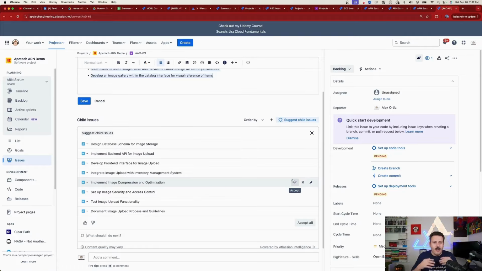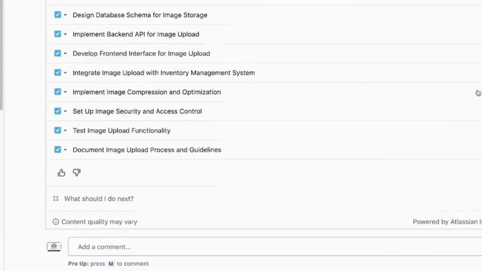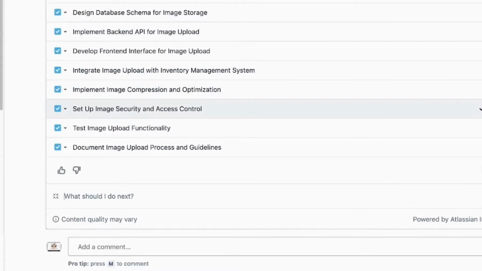Nothing that I did, right? And it's just pure magic. It just did it all by itself. So let's take a look at what it created. Based on that summary and that description, it is going to propose as a work breakdown structure